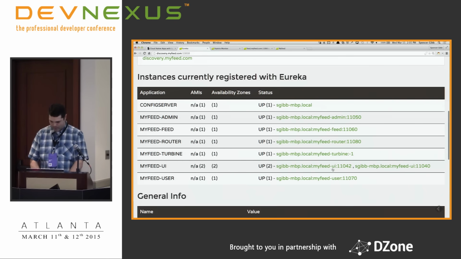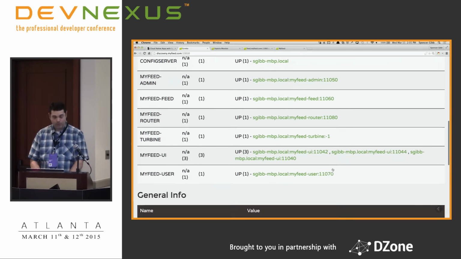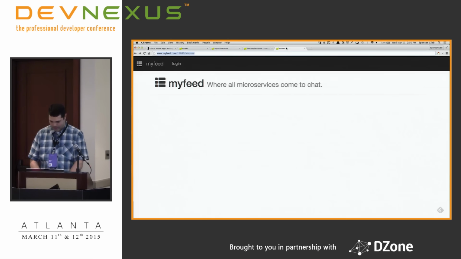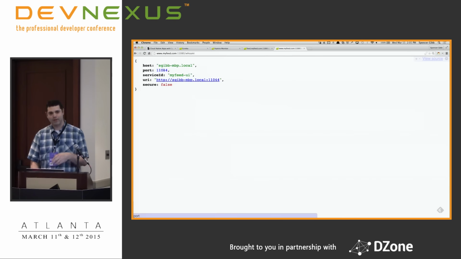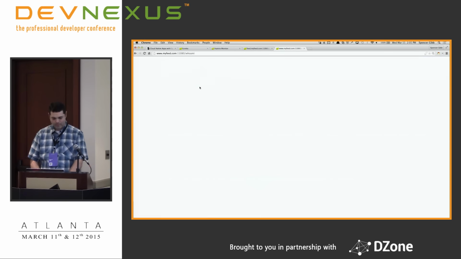So there's one of them. So now I have two UIs registered, and now three. Right? So we have all three of them. I wrote a little Spring MVC controller that just asked the load balancer, give me myself, and then just prints it out. So we can see. This particular response came from port 44.